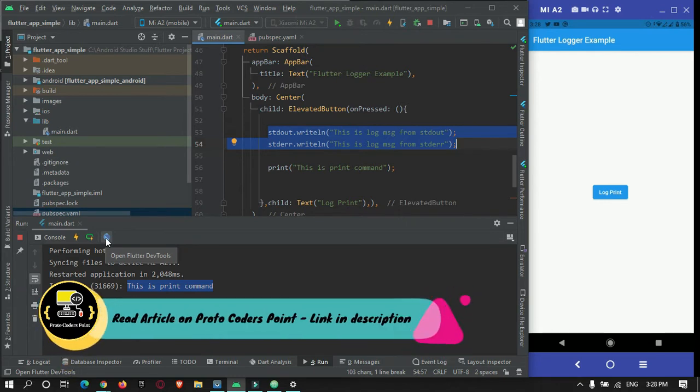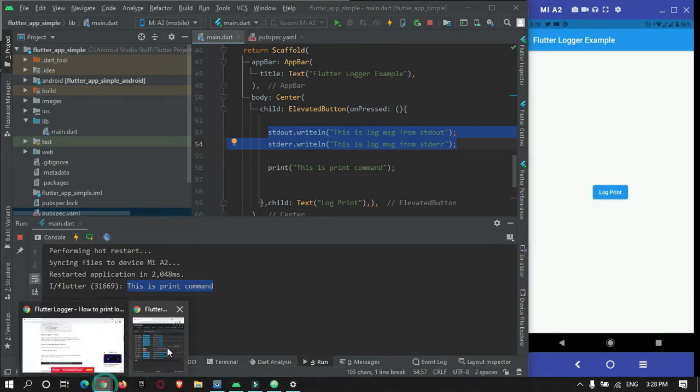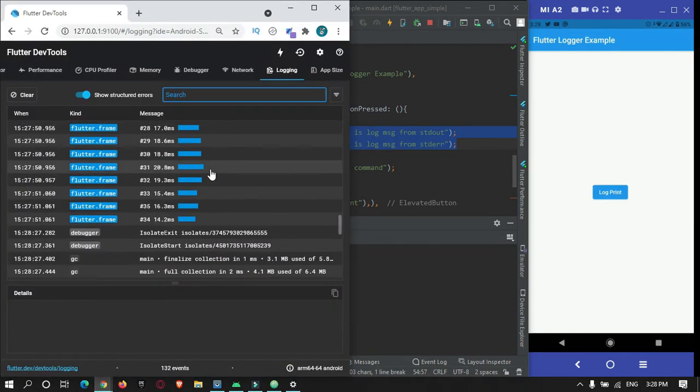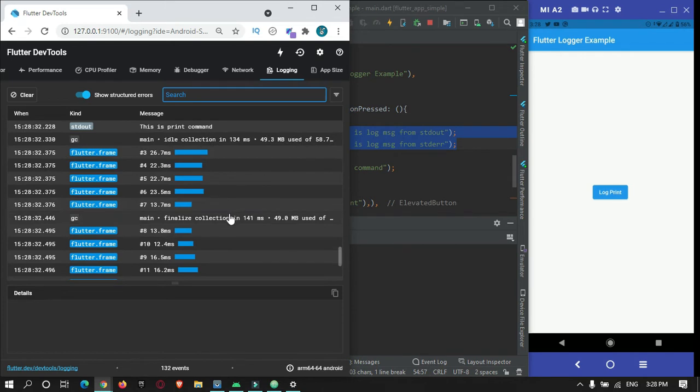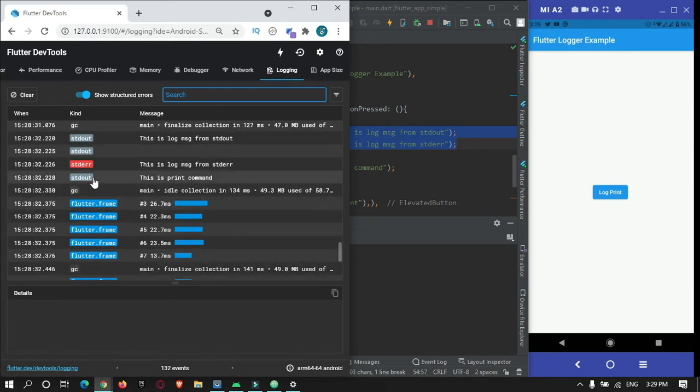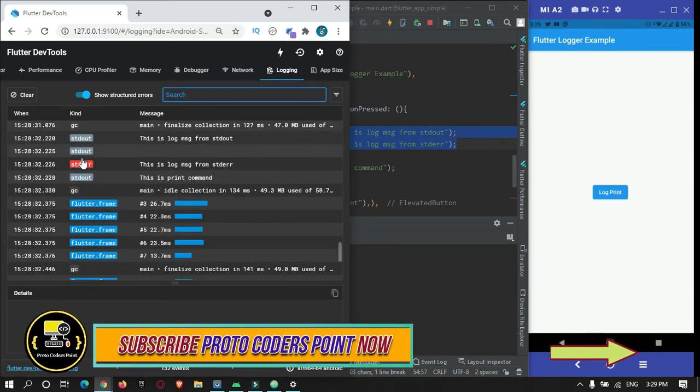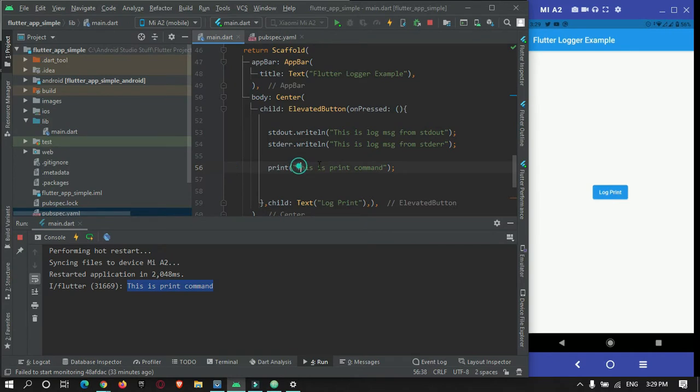This print will also be available in the Dev Tools. So you can see somewhere over here. So here it is. This will be of kind stdout. This is the print command, as you can see over here.